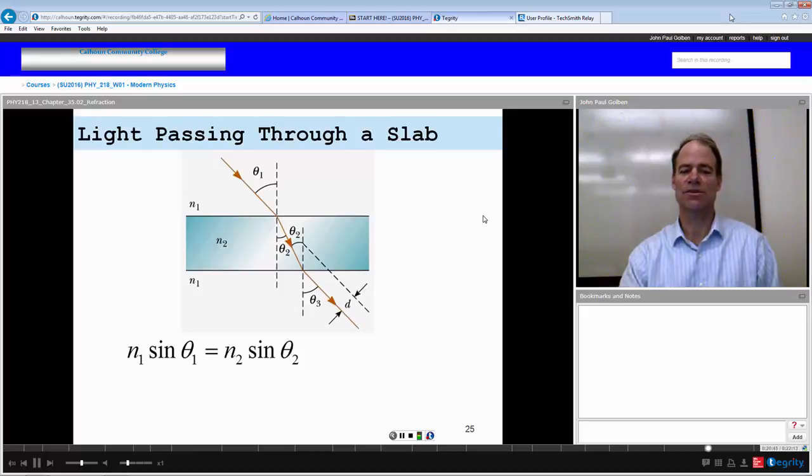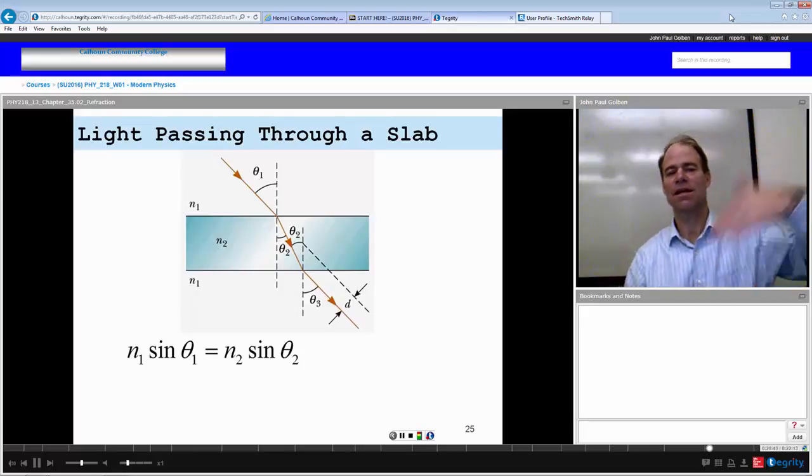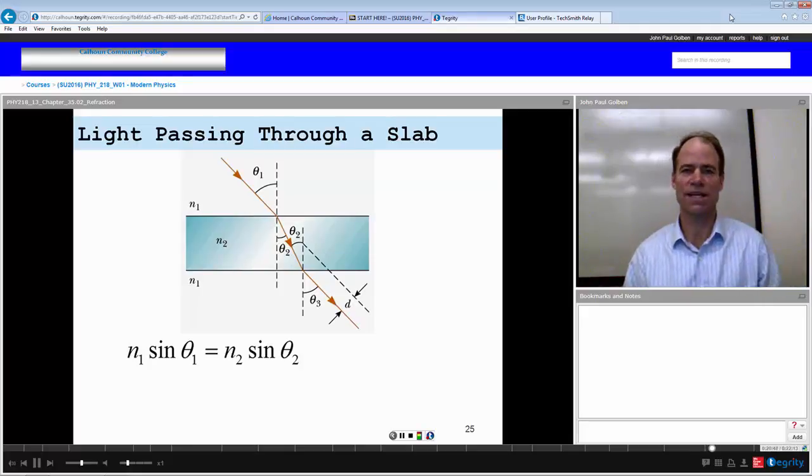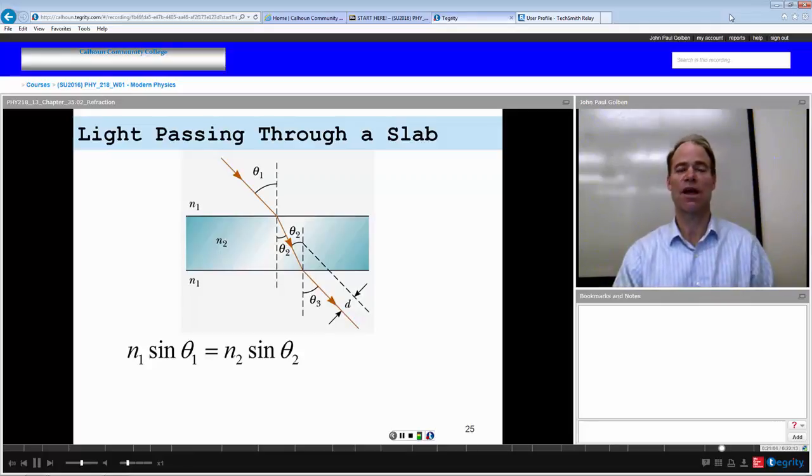Here's light passing through a slab. We know that light coming in from a lower index, say, to the index of the slab, will obey Snell's law. And so index 1 sine theta 1 will equal index 2 sine theta 2. As that light passes through the slab, it encounters another interface back to the original medium, and we know Snell's law should apply to that interface as well. So n2 sine theta 2 should equal n3 sine theta 3. If n1 and n3 are the same index,